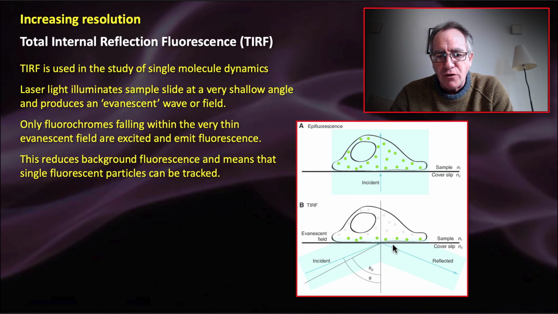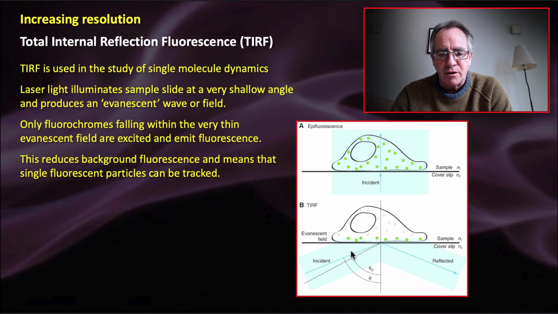That reflection, though, creates what's called an evanescent field. And the evanescent field is exciting light, which excites fluorescence in the fluorochrome that's right there, only within a very, very thin region. In other words, only within the thickness of, let's say, the plasma membrane and maybe the very, very underlying region of cytoplasm there. So you don't have a whole lot of fluorescence from the whole rest of the cell up here at all